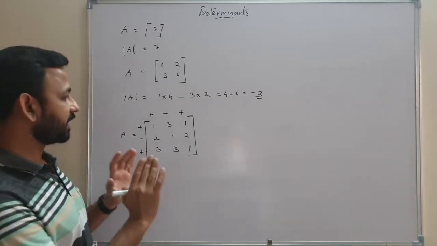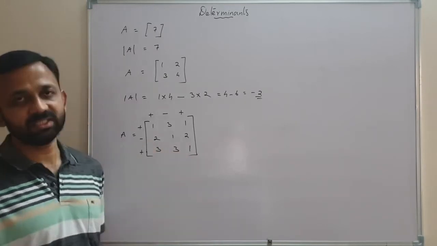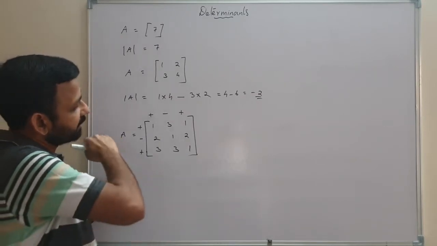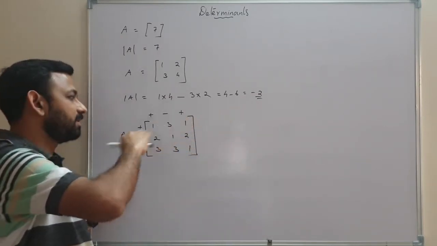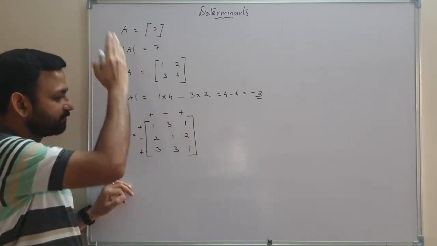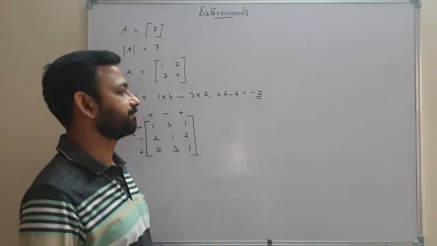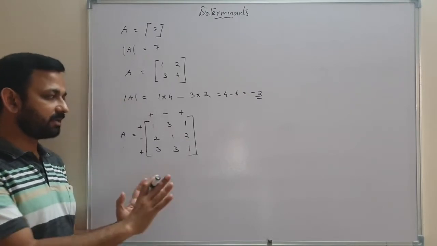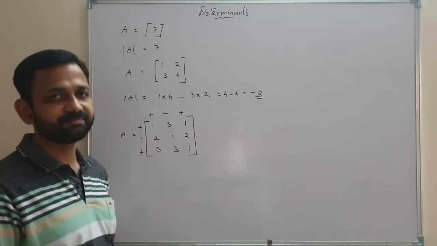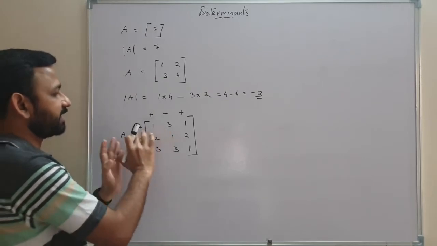We can find the determinant of a square matrix of order 3 in 6 different ways. By using the first row we can find the determinant. By using the second row, by using the third row, by using the first column, by using the second column, by using the third column. So total 6 different ways. In every way the answer will be the same. So we can choose any one of these, but your answer will be the same. I will explain how to find the determinant by using the first row.